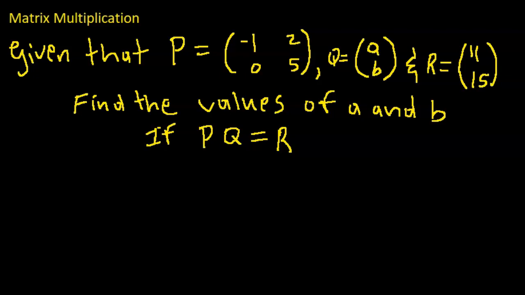Alright, here we have another problem. Given that P is the matrix [-1, 2; 0, 5], Q is equal to [A; B], and R is equal to [11; 15]. Find the values of A and B if PQ is equal to R. So we are told PQ is equal to R. In other words, when I multiply P